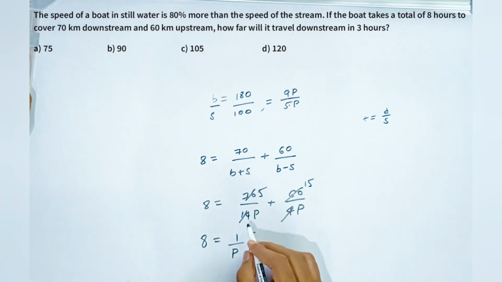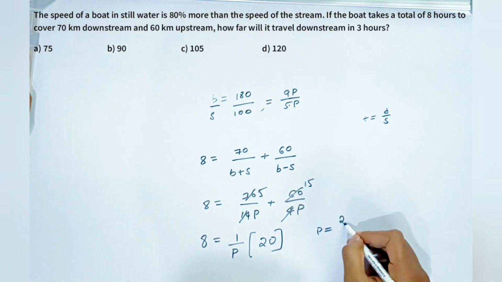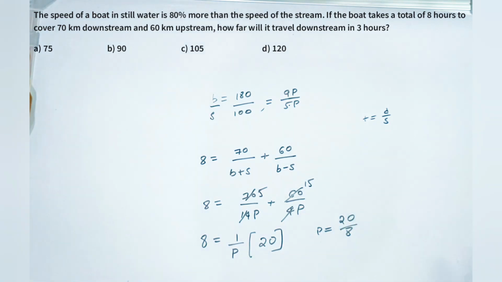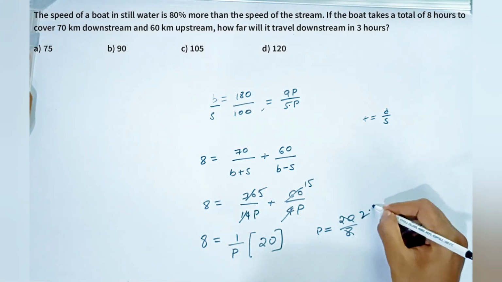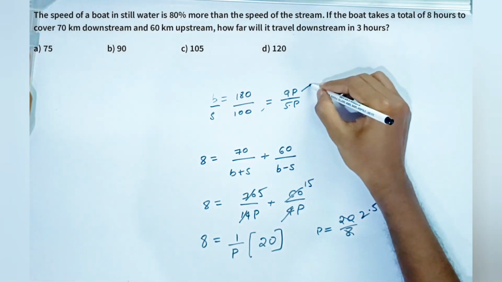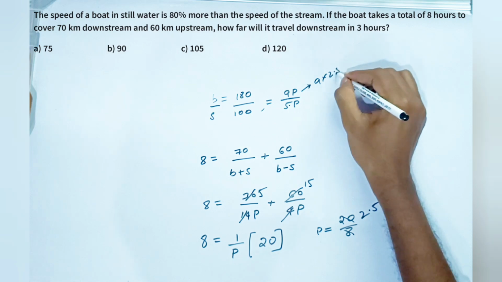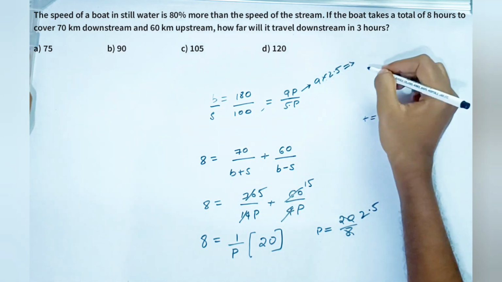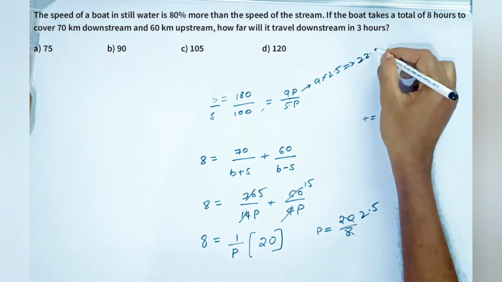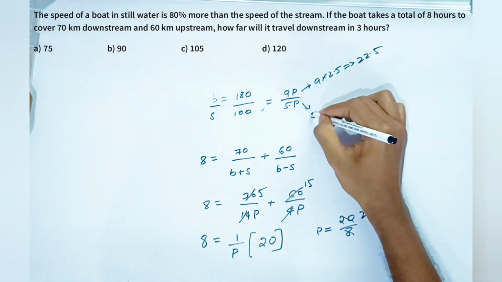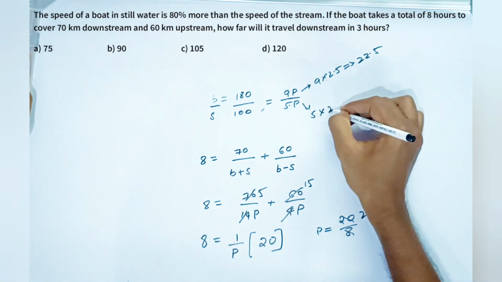I'm taking 1 by p as common. So 15 plus 5 is 20, and p is equal to 20 by 8. One part is nothing but 20 by 8. We can take it as 2 by 5. So one part is equal to 2 by 5, which means 9 into 2.5 is 22.5, and the stream speed is 5 into 2.5,